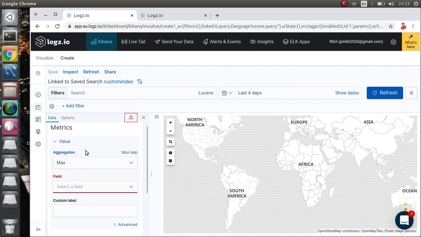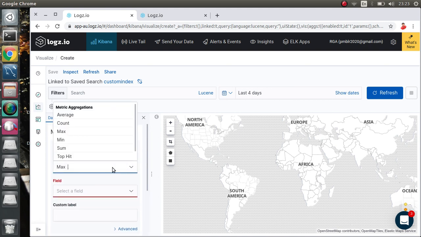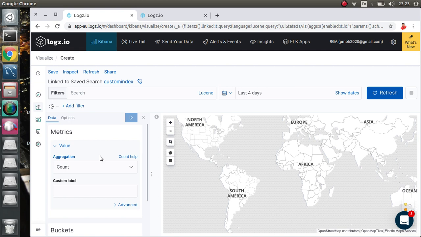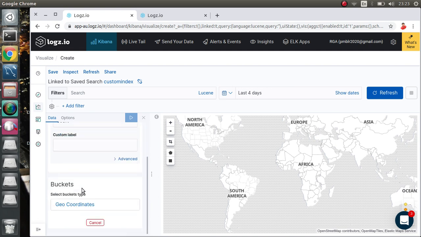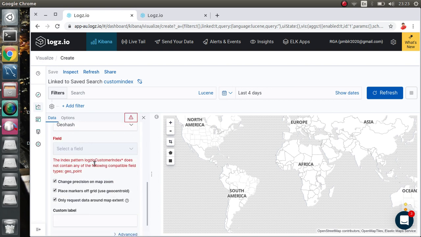Why am I making it so complex? It should not be this way. Make it simple, only count it, use it, fine. But you can use a different terminology for your case. Geo coordinate, but only one coordinate is there. This is the field geo dash, and geo dash is not working. Select field is not there. The index pattern does not contain any of the following capabilities fields. Geopoint is not contained. That's why